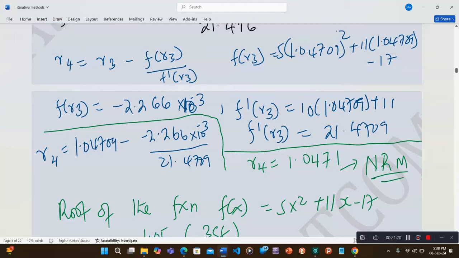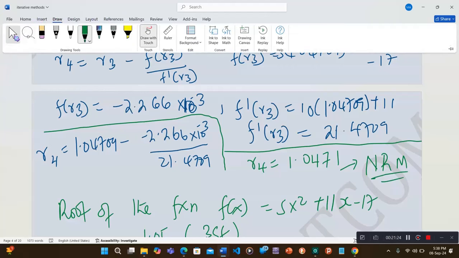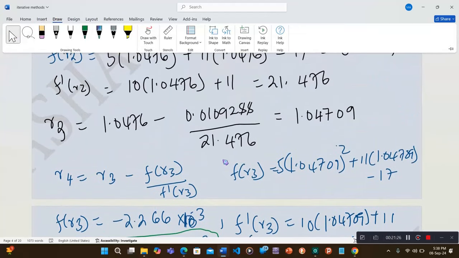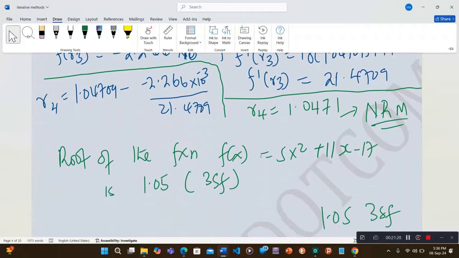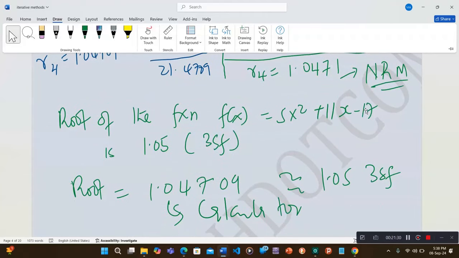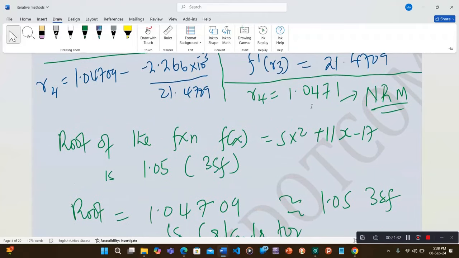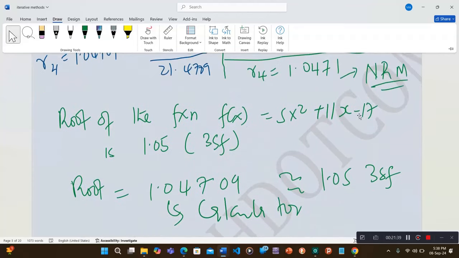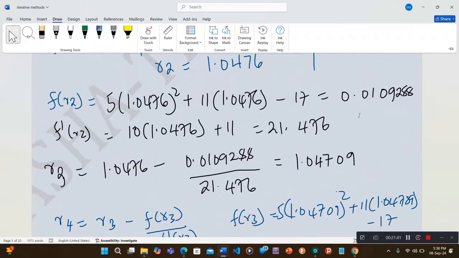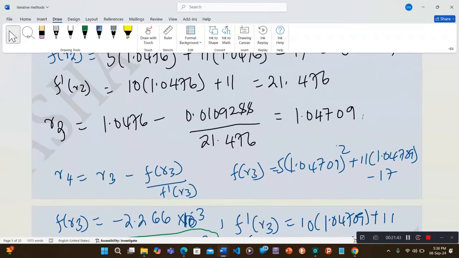When you look at the two, you see almost there is no significant difference. So you can stop at R4. Even if you do R5, you will be wasting time. It will remain around this value. So that's the Newton-Raphson method for you, and I believe this is very simple. And if a question comes, you should be able